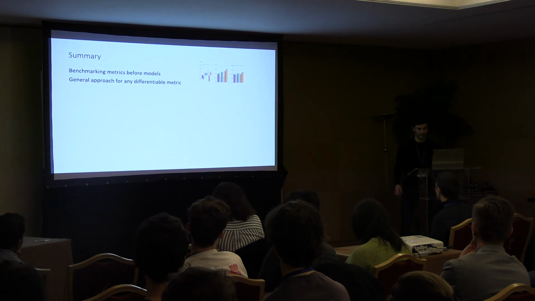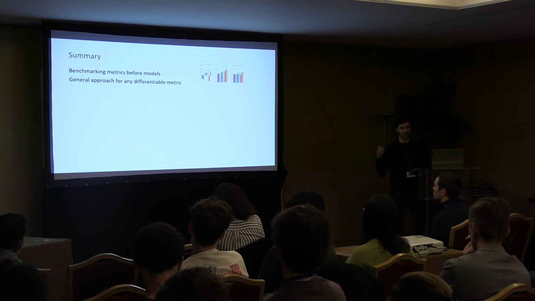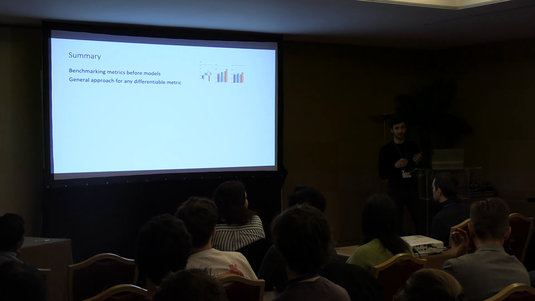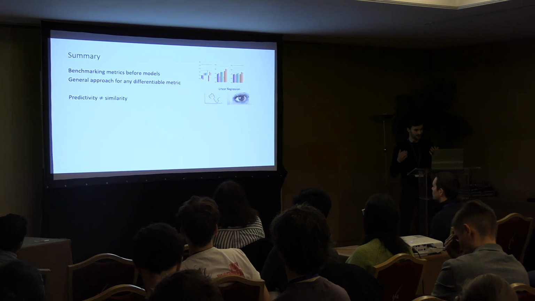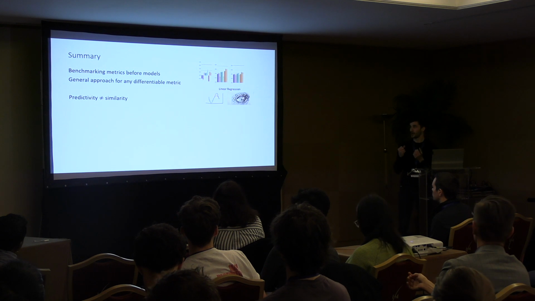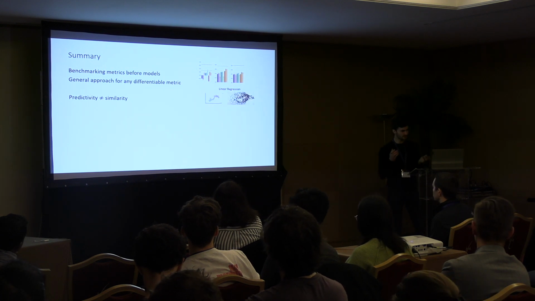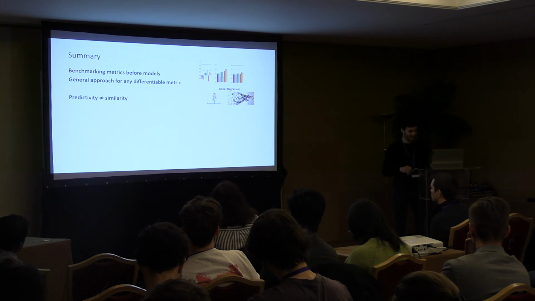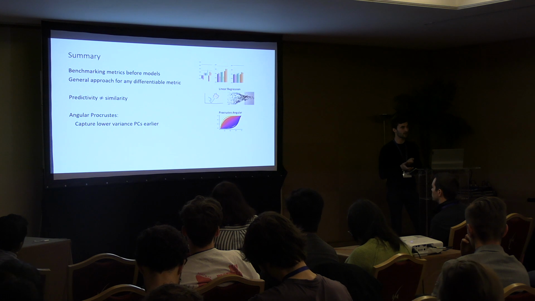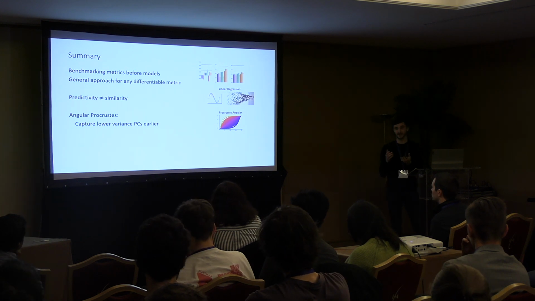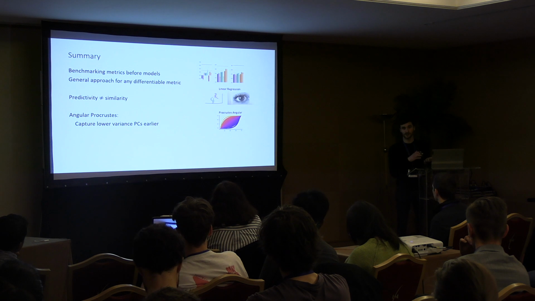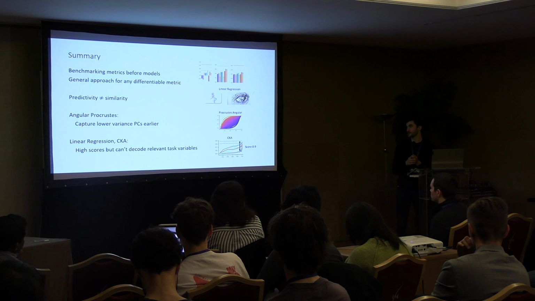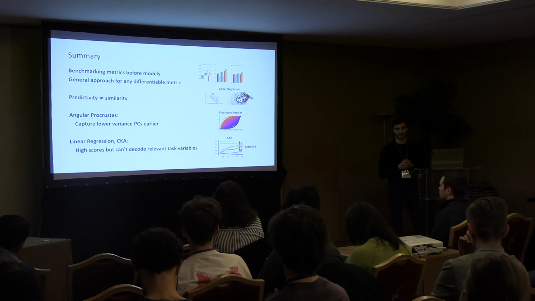All right, so what I've shown you is our first attempt to apply metrics to models with data, and we found that maybe we should benchmark metrics before we can benchmark models. And we have presented you a general approach for benchmarking these metrics. So predictivity is dependent on similarity, as illustrated here. We found also that the Procrustes angular metric seems to capture the lower variance PCs sooner than other metrics like linear regression and CKA. And for linear regression and CKA, we can find really high scores without encoding the relevant task variables. And with that,